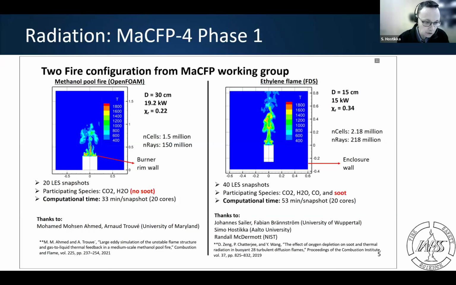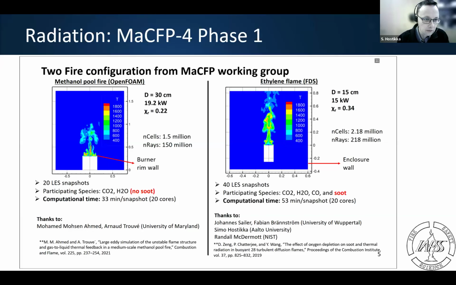And from these simulations, we have stored a few tens of snapshots, frozen scalar fields. And now the radiation modelers, Somnath Roy and Sandip Powell, took these fields and calculated photon Monte Carlo line-by-line calculations, which to us now represent perfect radiation calculation, which we will use as benchmark data.